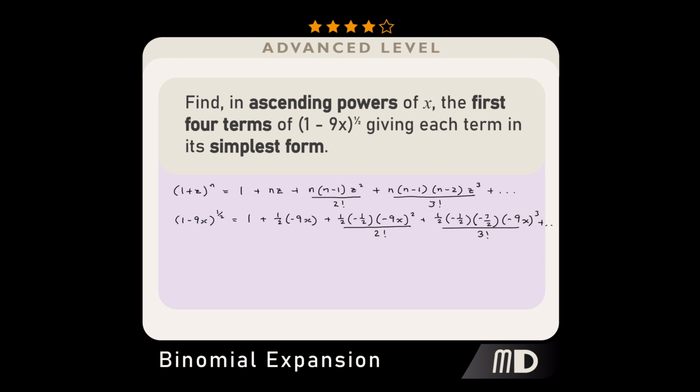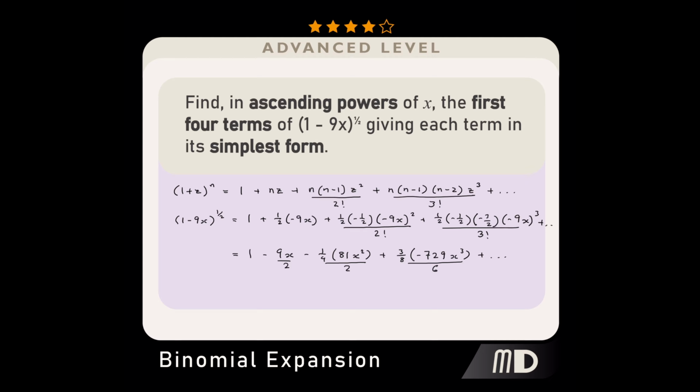We can simplify this to get 1 minus 9x divided by 2 minus 1/4 multiplied by 81x squared divided by 2 plus 3/8 multiplied by minus 729x cubed divided by 6, and so on,